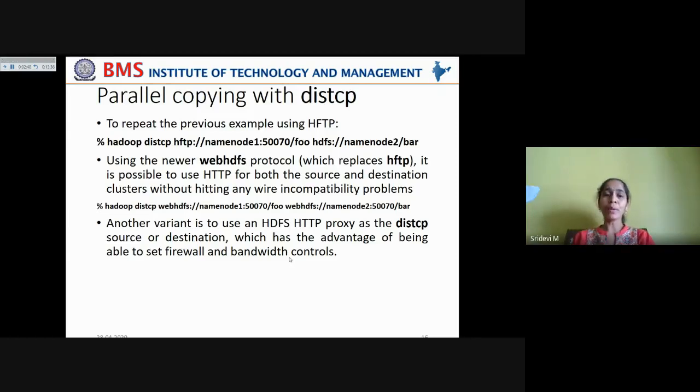So if you want to implement extra firewall or bandwidth control policies, rather than using WebHDFS directly, you can install an HTTP proxy as an intermediary between the client and the cluster, so that this HTTP proxy will be able to implement any bandwidth control mechanisms or firewall controls.